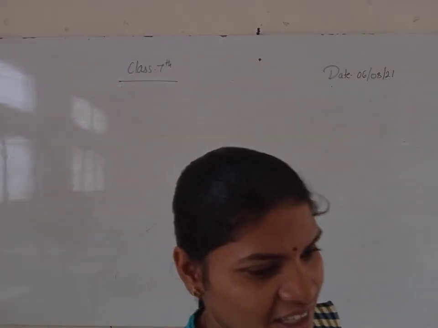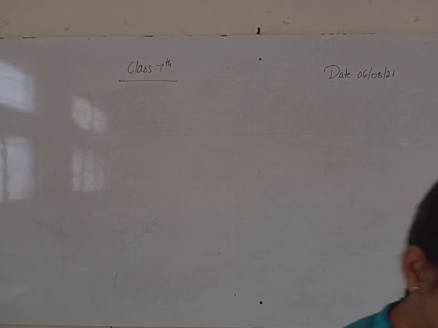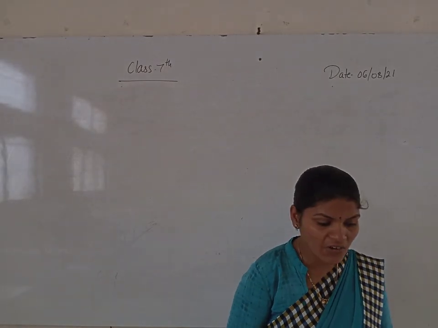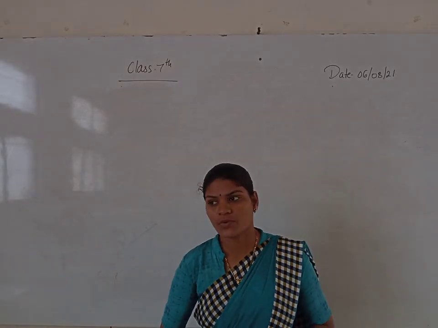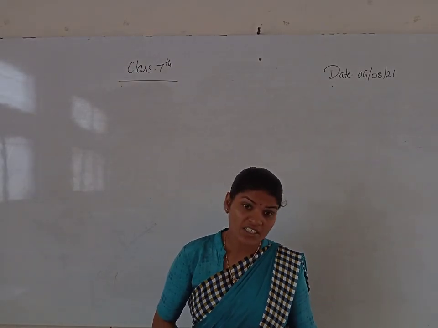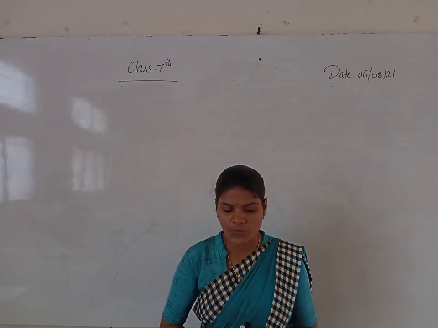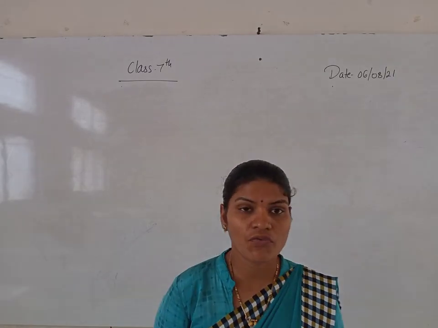Yes, okay. Yesterday we were discussing our first exercise 2.1. Now we have to continue the remaining problems from that exercise 2.1. Fourth question. The third one we already did, the magic square box. We checked whether it is a magic square or not. Yes, it is a magic square box. Now we are going to the fourth question.